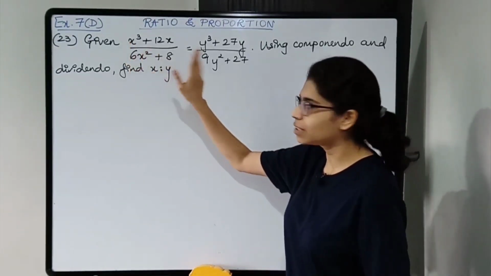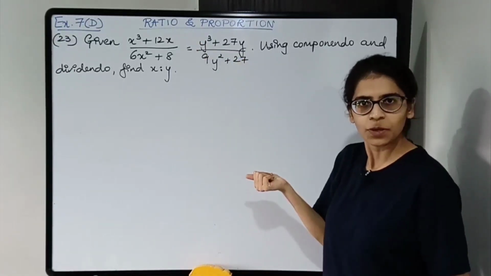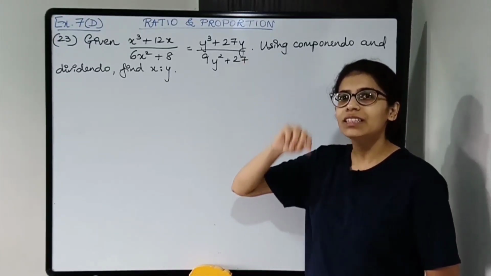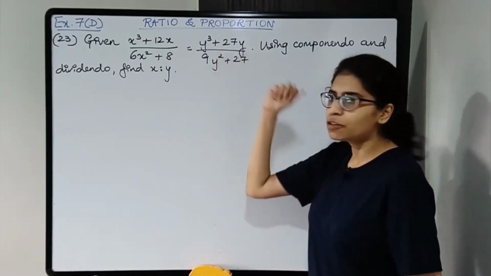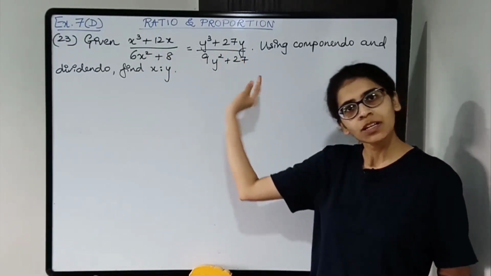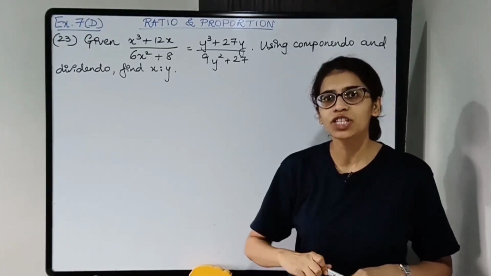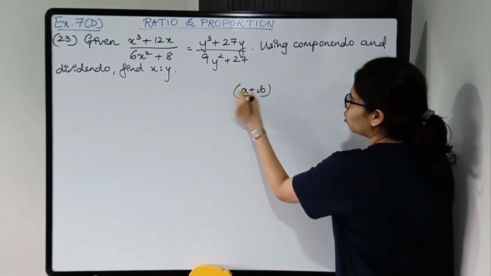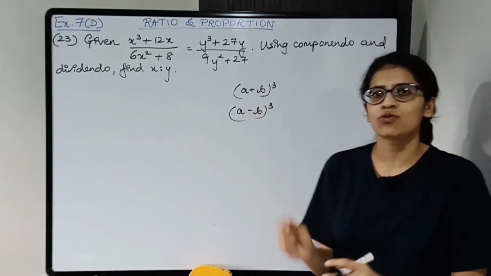So I have that. Let's check in RHS. y cube is a perfect cube. Okay, in the denominator 27 is a perfect cube. It is 3 into 3 into 3. 3 cube is 27. Okay, so I have perfect cubes over here also. So whenever you have two perfect cubes on both the sides, which property? Componendo dividendo. And which identity? (a plus b) the whole cube and (a minus b) the whole cube. These are the identities you are supposed to use.